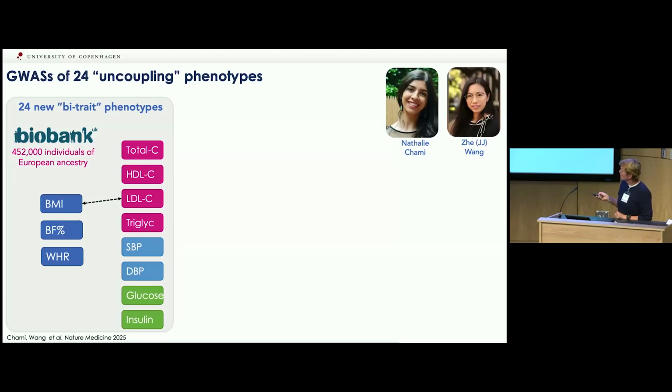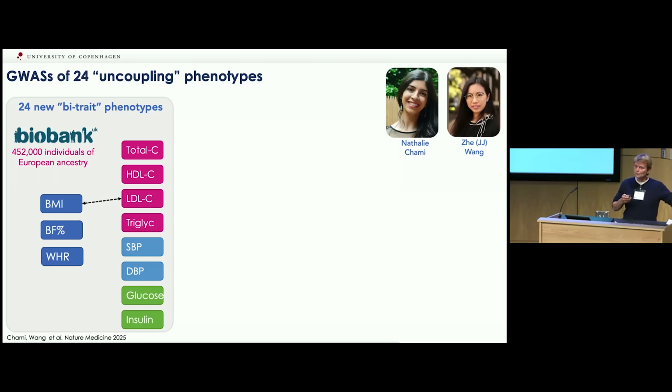And we made a new phenotype by subtracting one from the other. Say my body mass index is +3 on the BMI side, but -3 on the LDL side. So if you subtract one from the other, depending on which one you subtract, now I'm all of a sudden +6. So that becomes a whole new distribution. And now we did a GWAS on that new distribution. So if I'm +6, it means that I'm a person with healthy obesity, because I have a high BMI and low LDL. If you're -6, you're the opposite.